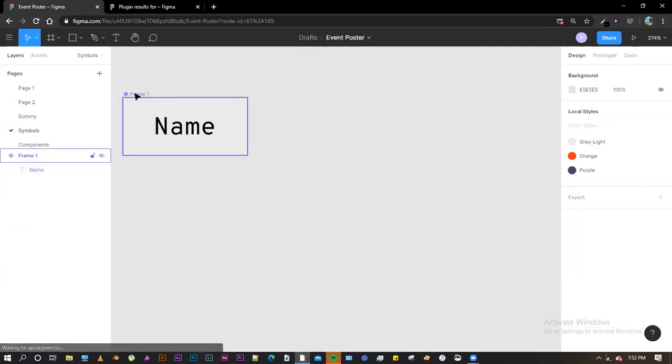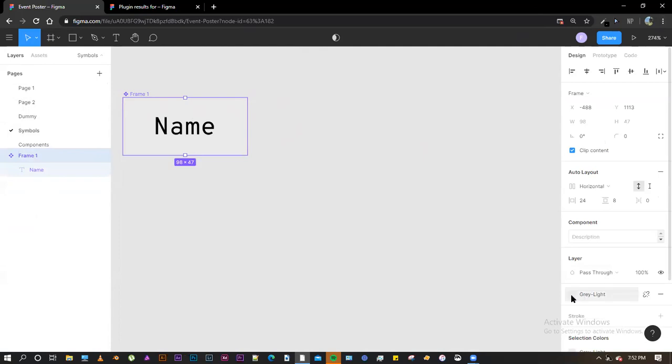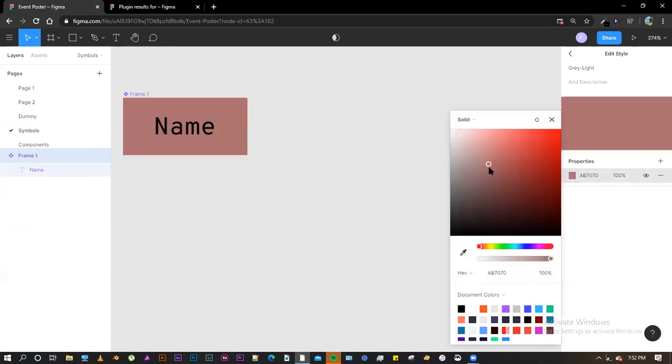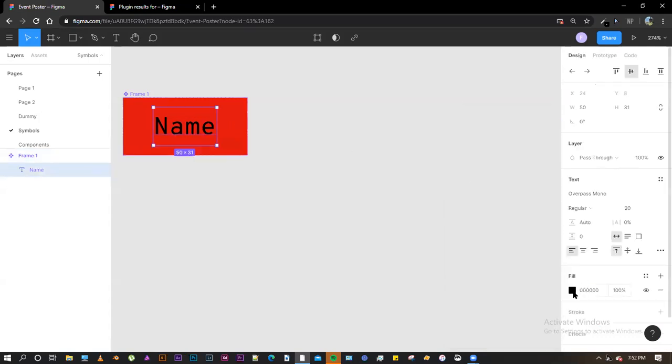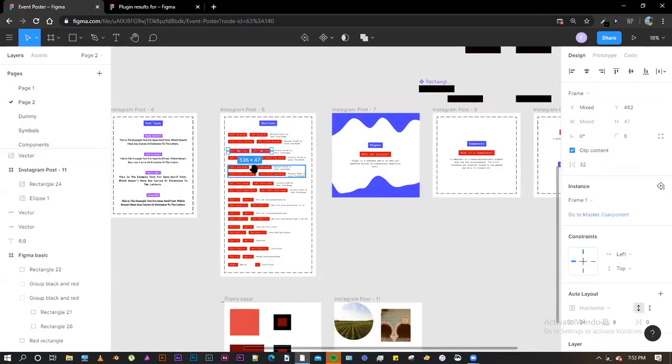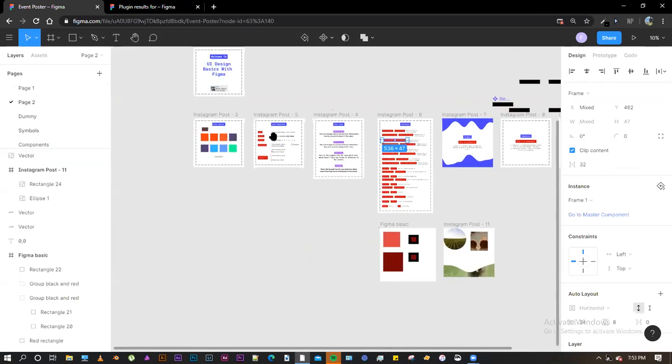If I click on this frame, as you can see, I've also picked up the color gray from here, so that I don't have to define the color every time. And now if I edit this color to anything, say I am editing it to white, red, and I'm editing the text color to white. So I don't have to worry about all the places that I've used it at. It would automatically change everywhere I have used it.